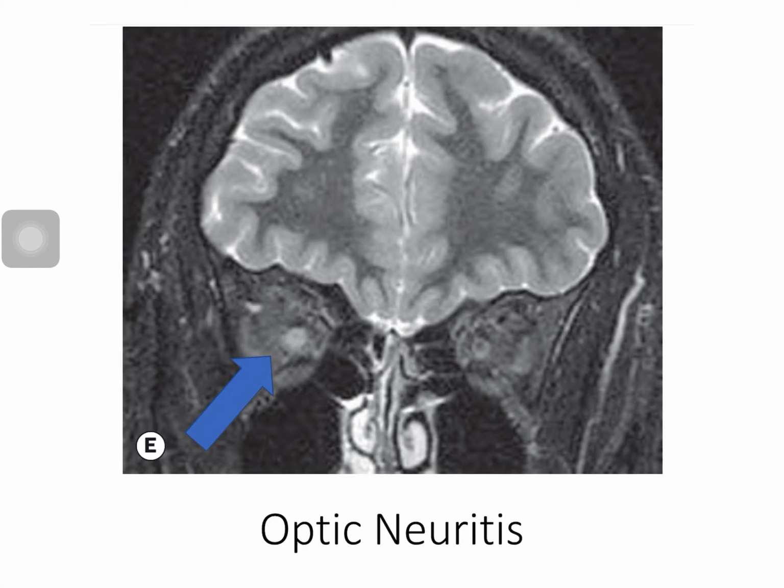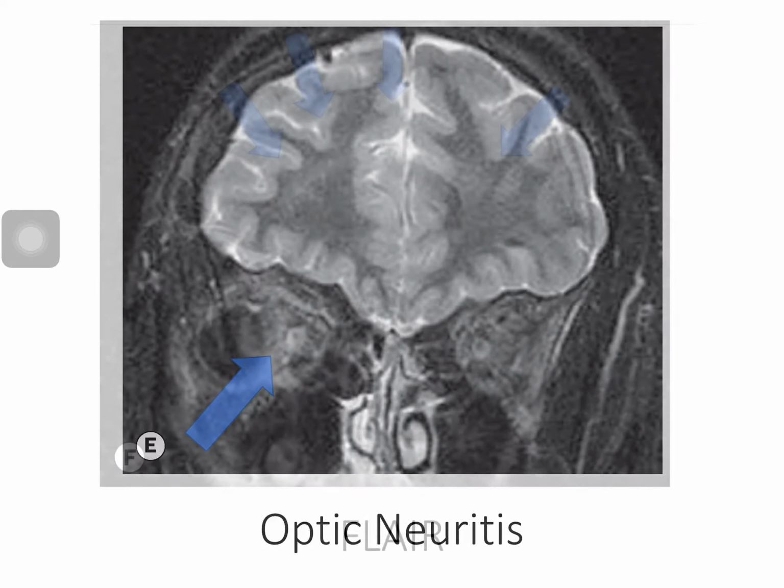This is not a contrast enhanced image, it is a plain MRI. Again, this becomes a coronal section, and this is a T1 weighted image. So how do I know that? Because orbit is primarily appearing black in color. So at the optic nerve, I want you to look at the blue arrow which is pointing to the right optic nerve. That optic nerve is appearing whiter. This is because of the edema that is present, and the left optic nerve is normal. So this becomes classical of optic neuritis.